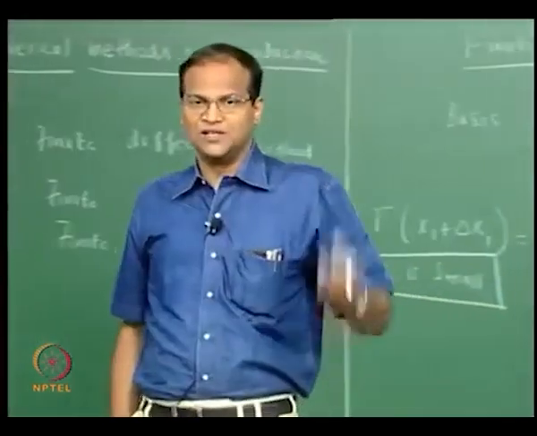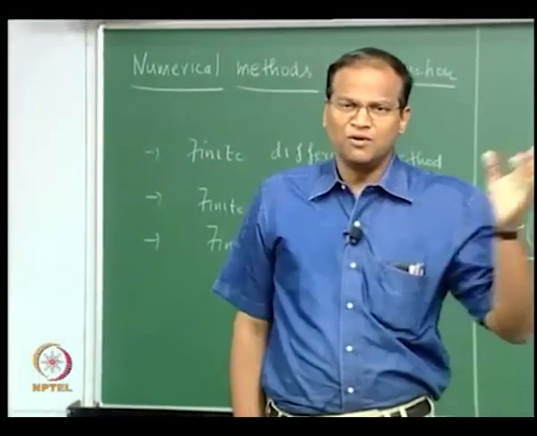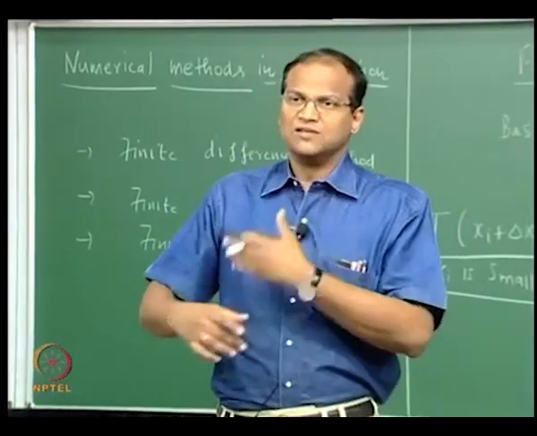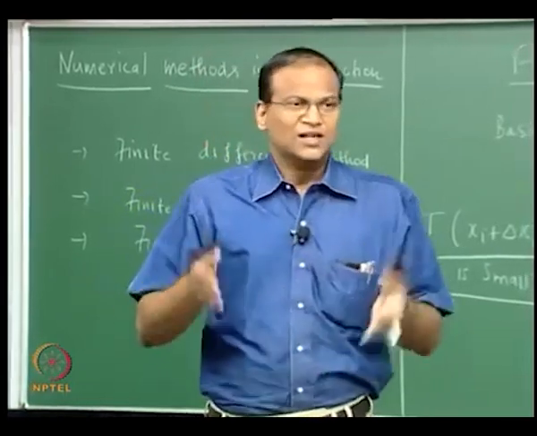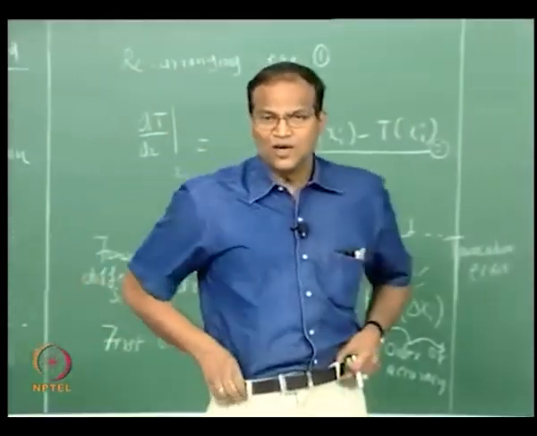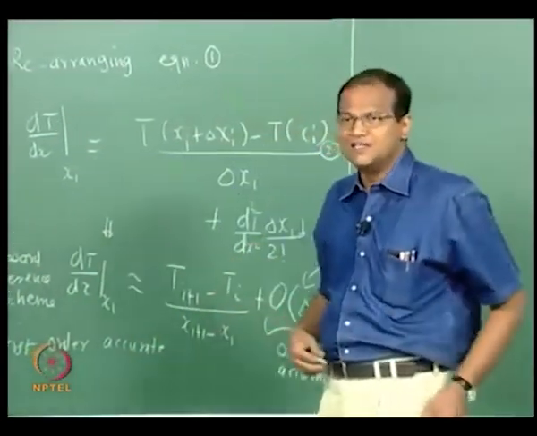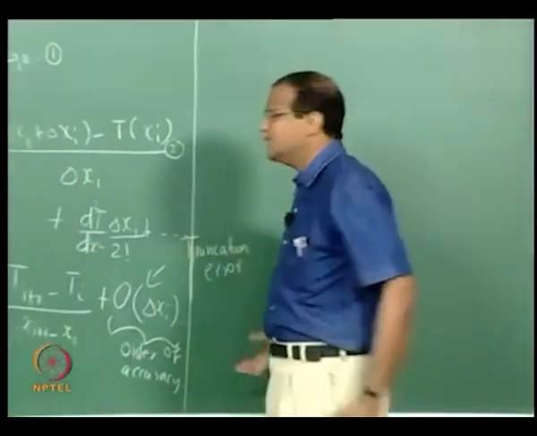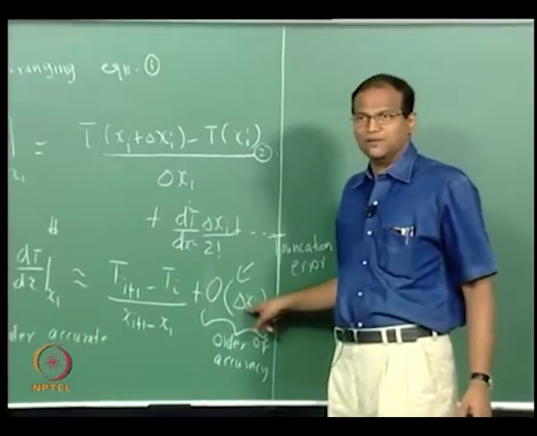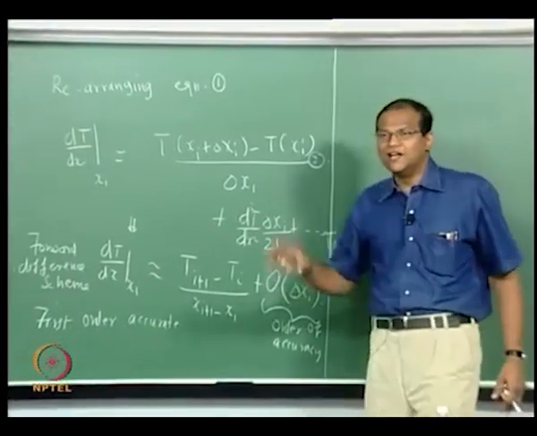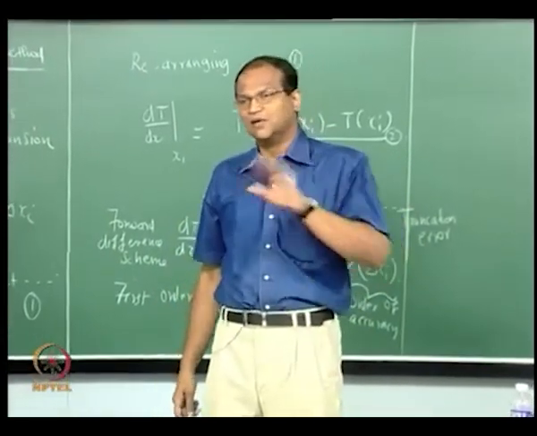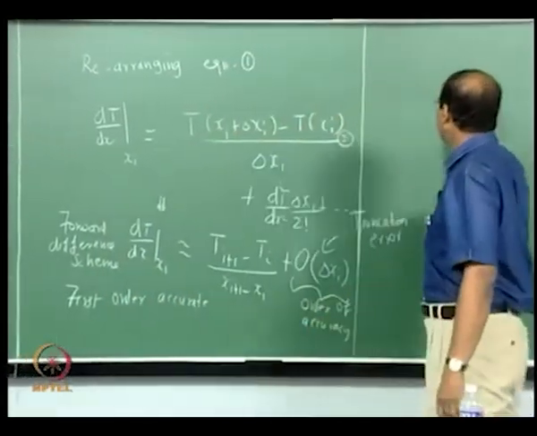Then when you are doing these operations, the computer can store only a finite number of digits. Repeatedly, when you are doing the Gauss-Seidel method, there will be a loss of information because the computer will truncate after a certain number of decimals. That is called round off error. So the round off error will increase if you are using more number of grids. When you are using more number of grids, delta x will come down, therefore the truncation error will decrease. So there is an optimum grid size at which the sum of these two errors, which is the total error, will be a minimum. So, if you plot the error,